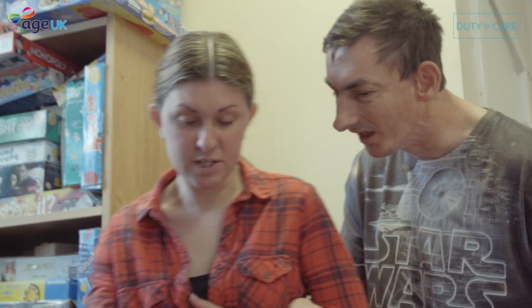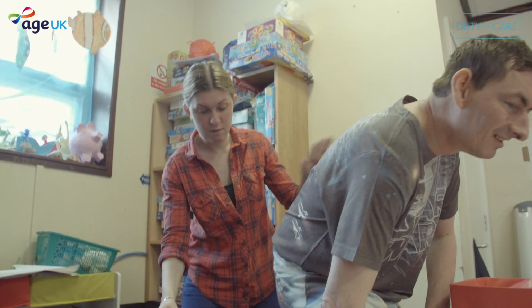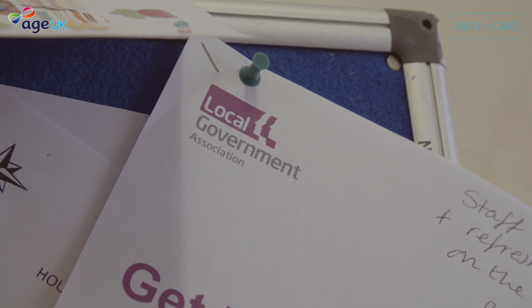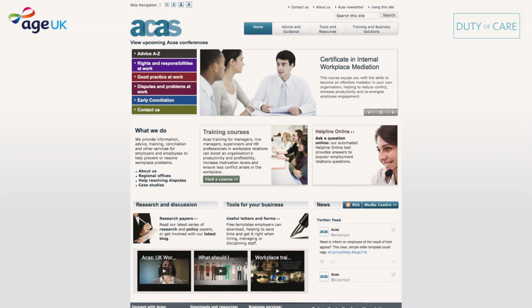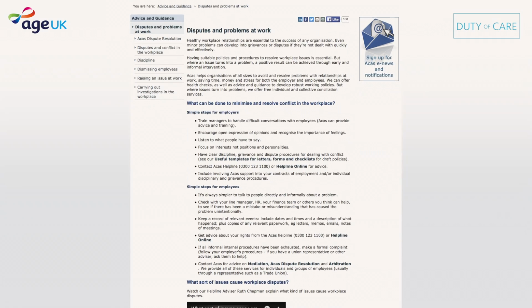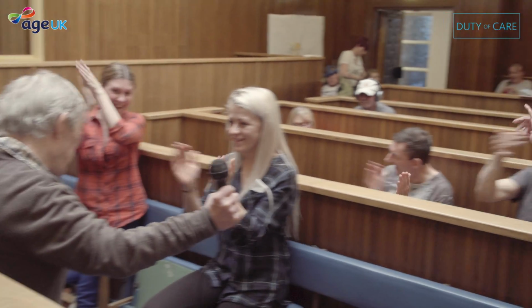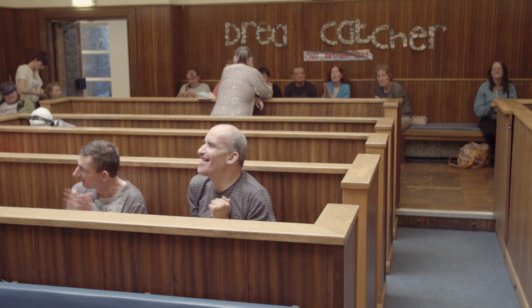If I needed to pull a safeguarding in any way, I would certainly then be contacting the local authority. Every local authority now has safeguarding teams within their social services departments. If you still don't get any satisfaction, you can go to things like ACAS, you could go to things like the Care Quality Commission. To make sure that things were dealt with appropriately and people were responsible and accountable for their actions.